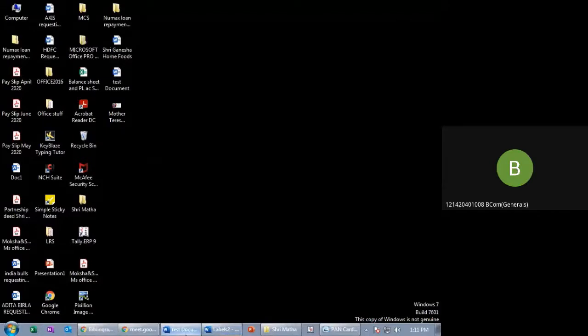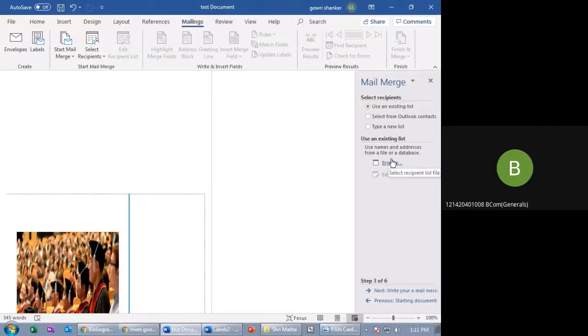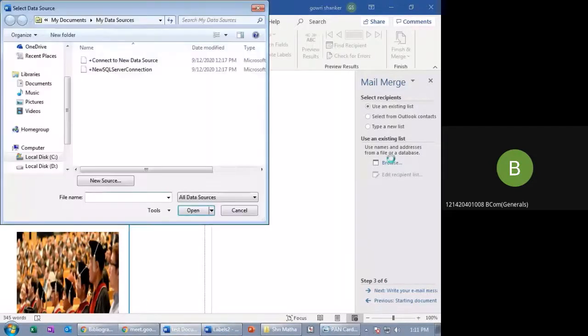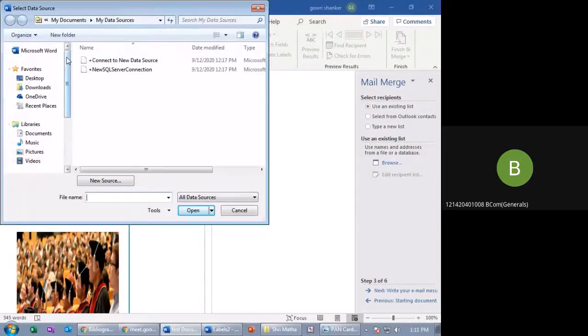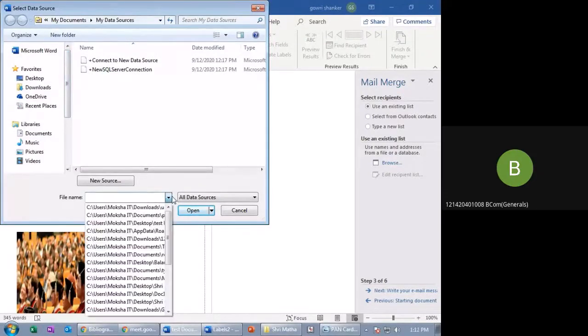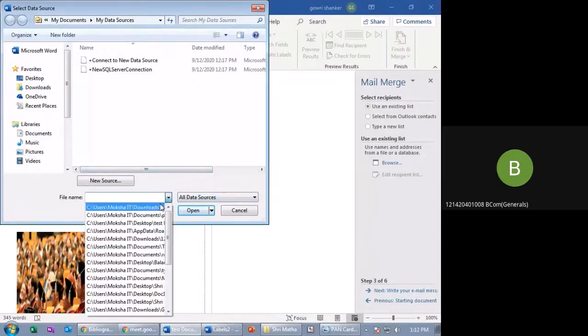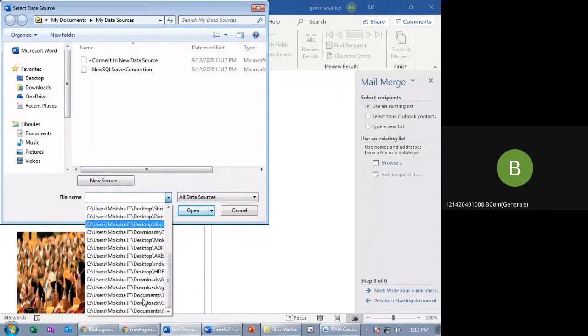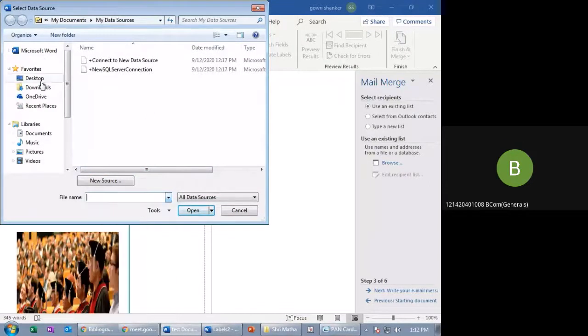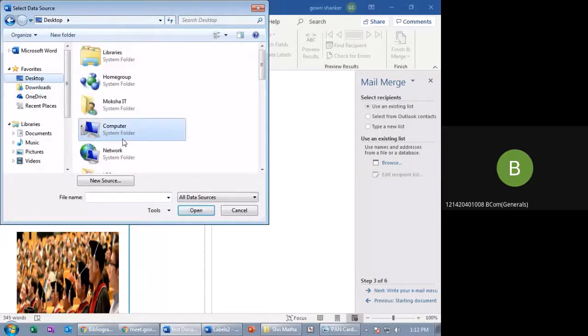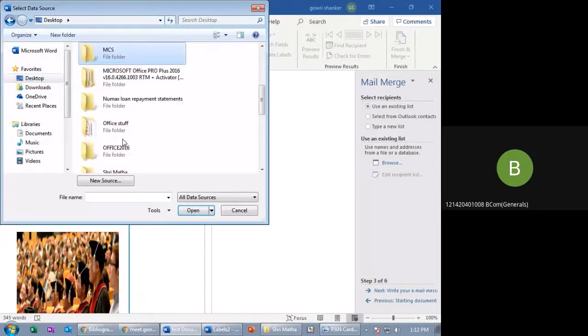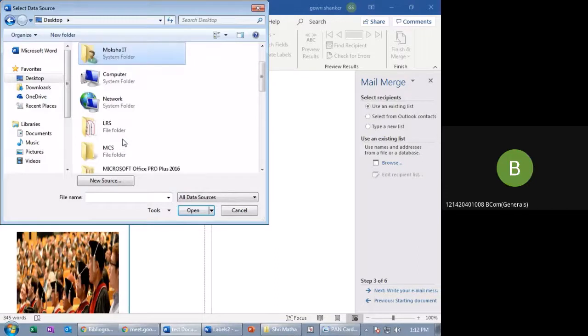So let us test it now. It is asking to browse, so I can browse the file name. I need to put it in the Word content. I have given the email IDs.